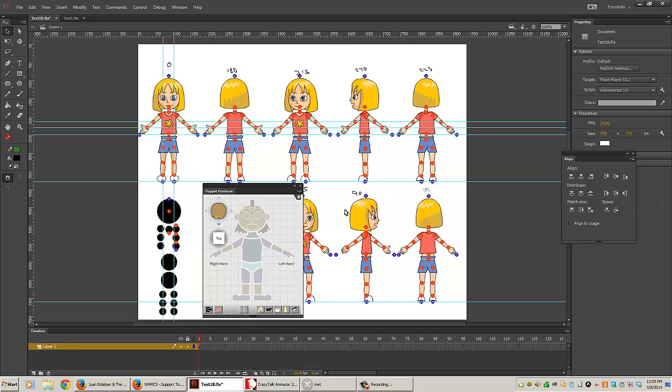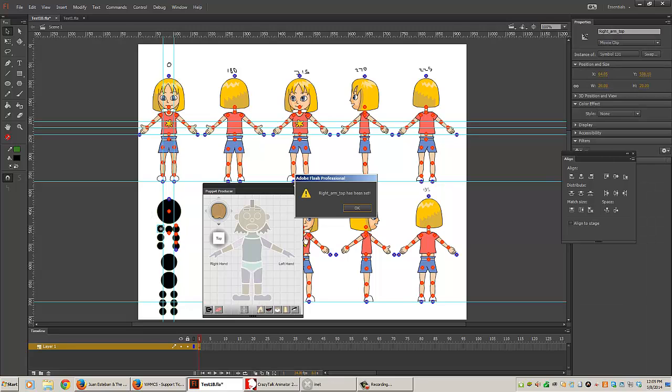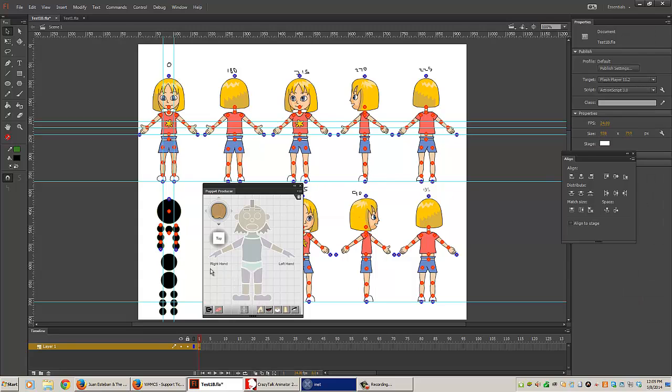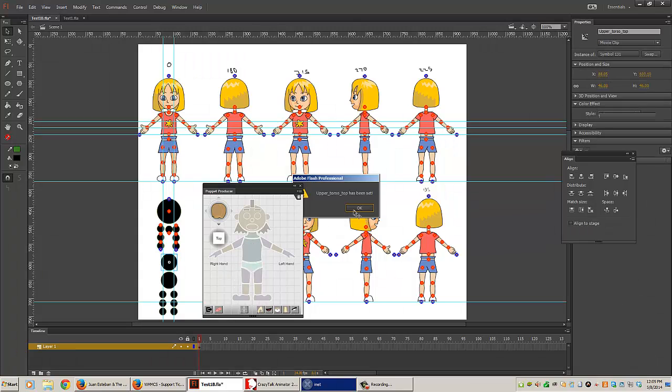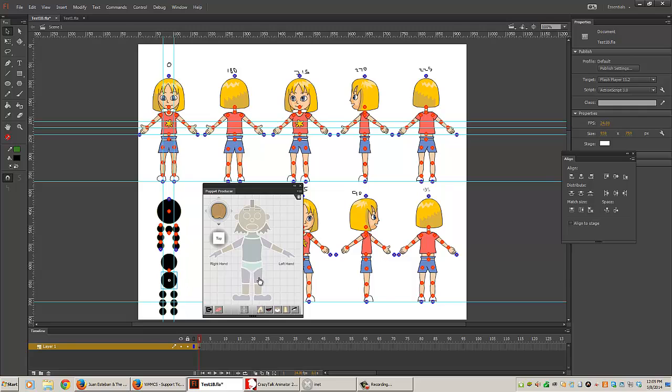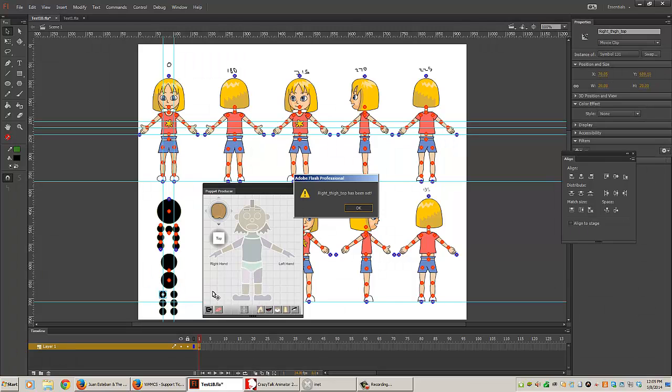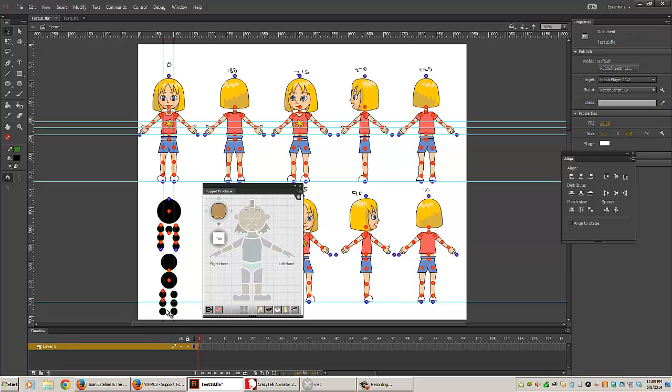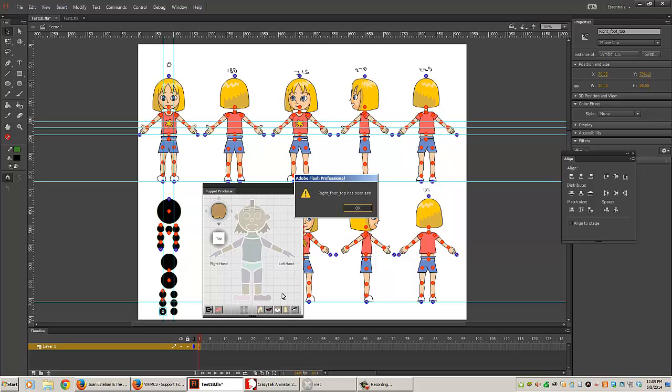There's the hand. We'll do that one real quick. Then we'll do this one. Then we'll do that one. Then it's the upper torso, and the hip region, and the leg, the shank, the foot,